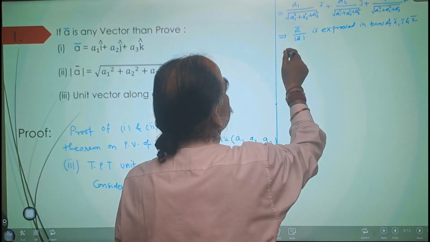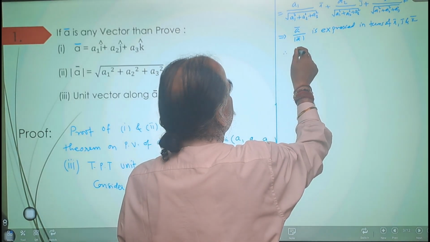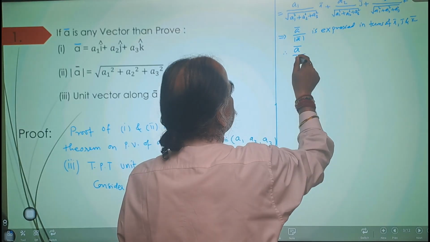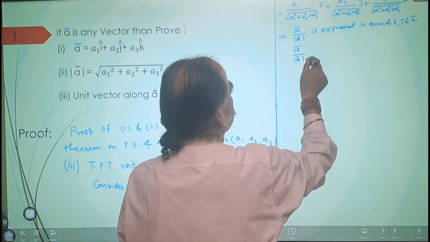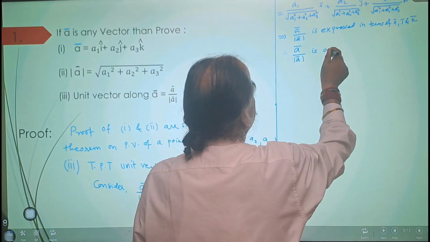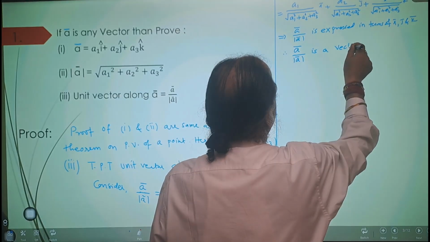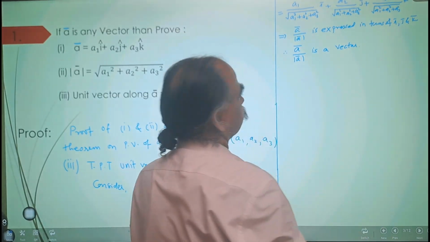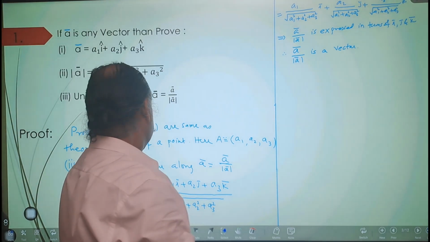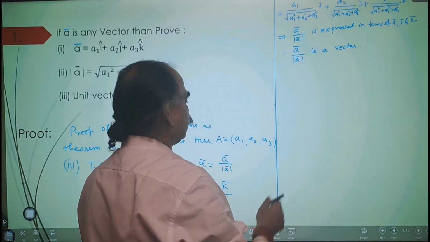Therefore, a bar upon mod a bar is a vector. To prove that a bar upon mod a bar is unit vector,